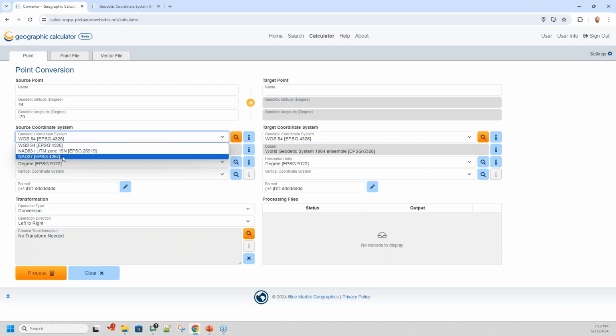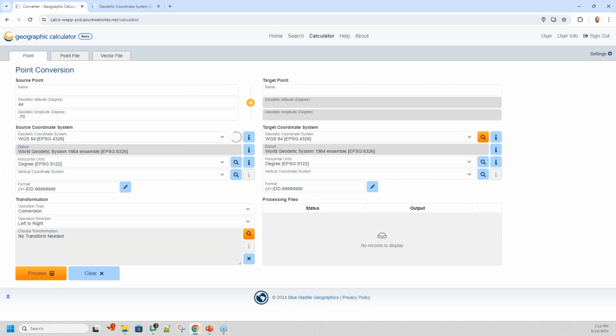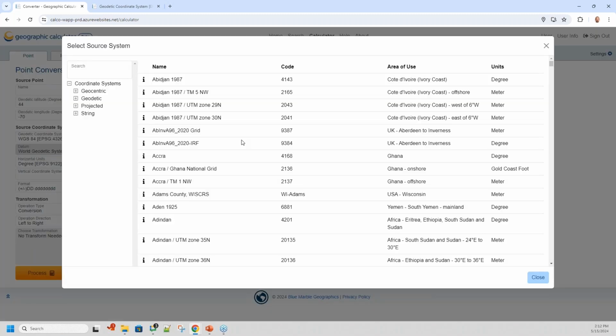And just for folks that are following along here, there's a couple ways to do this, and you can see that I've simply clicked on the field, and the drop-down pops up of all of the various things that I've used recently. So we could come in here and simply select NAD27 from my recent list because it's one of the ones that I have used recently, or we can search that out,